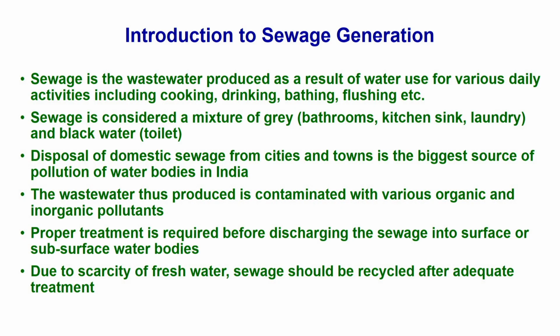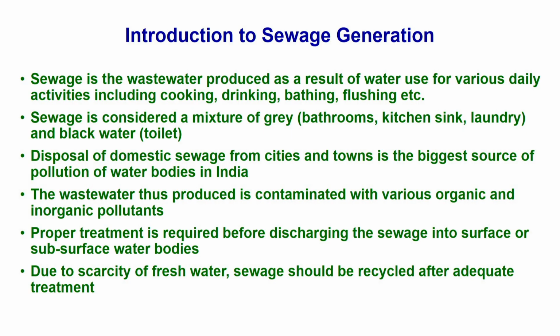Now, what is sewage? It is the wastewater produced as a result of water use for various daily activities, which includes cooking, bathing, drinking, flushing, etc. Sewage is considered a mixture of grey as well as black water. Grey water generally comes out from the bathrooms, kitchen sinks and laundry, and in some places grey water is actually coming from the bathroom and laundry only, while the black water is basically what is coming out from